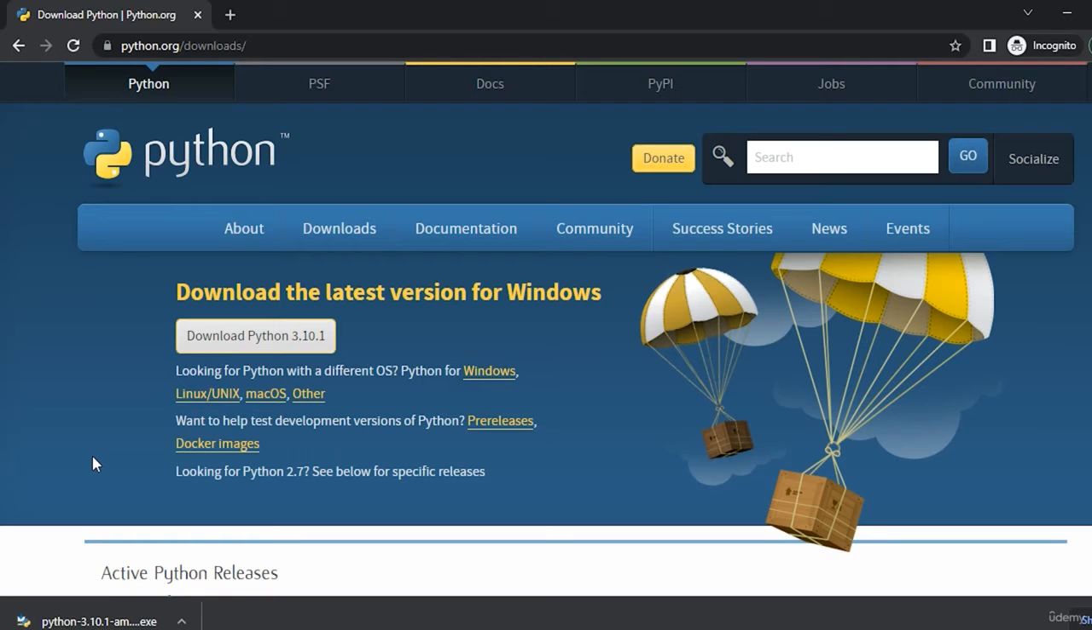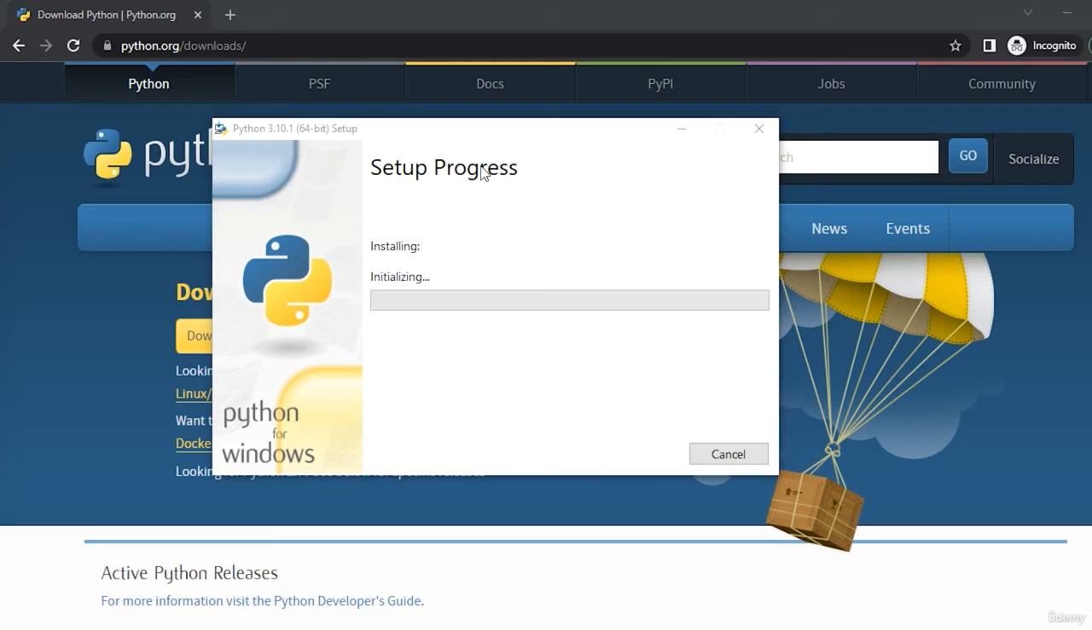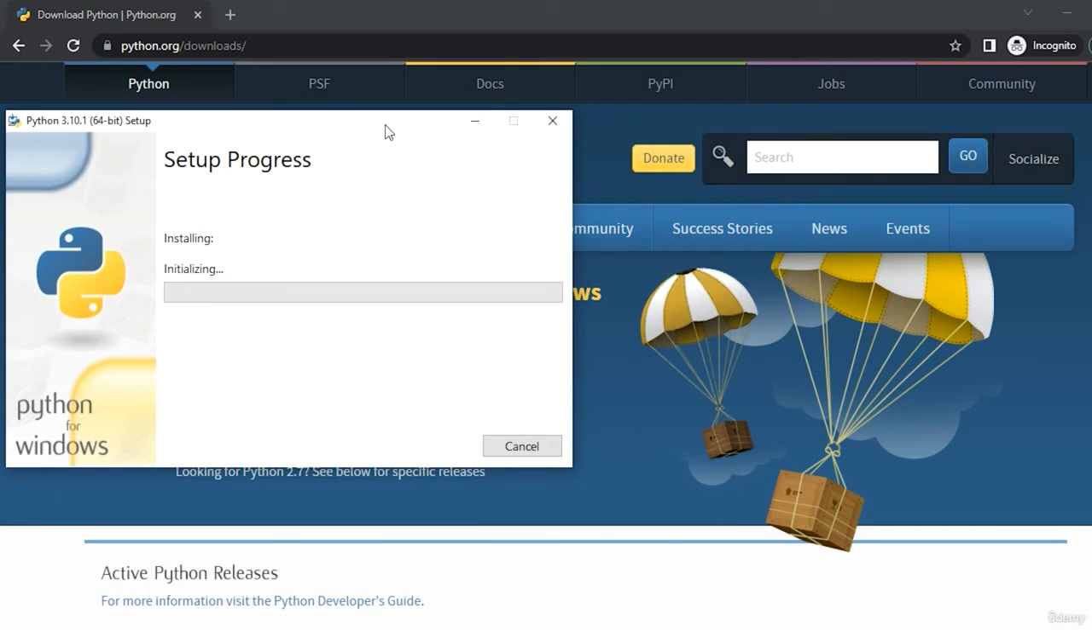Now our download has been completed, as you can see in the corner. To start installing, you have to click on it. On this dialog box, you have to click on add Python to path, and then click on install now. So make sure you click this option. Then click on install now. And now our setup process has begun. So until it is installing,